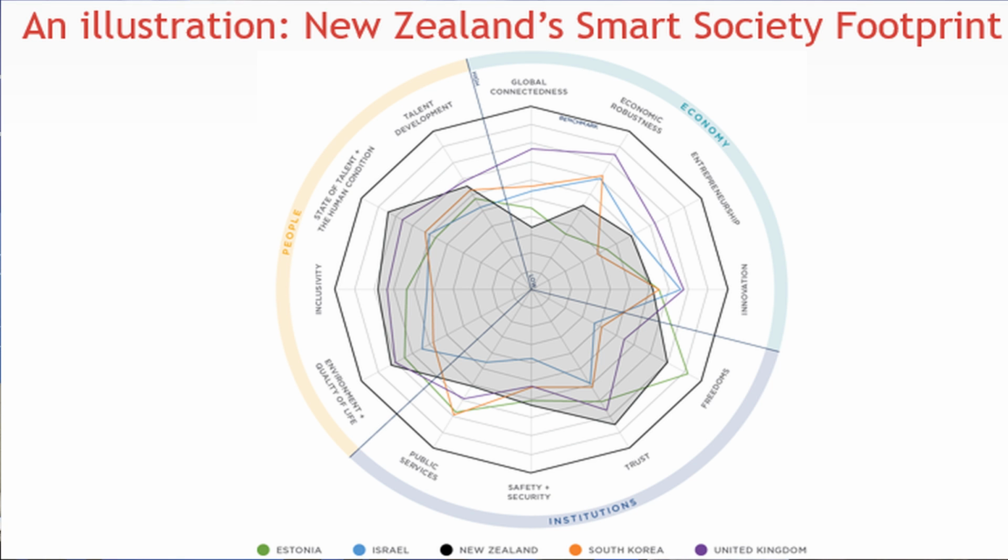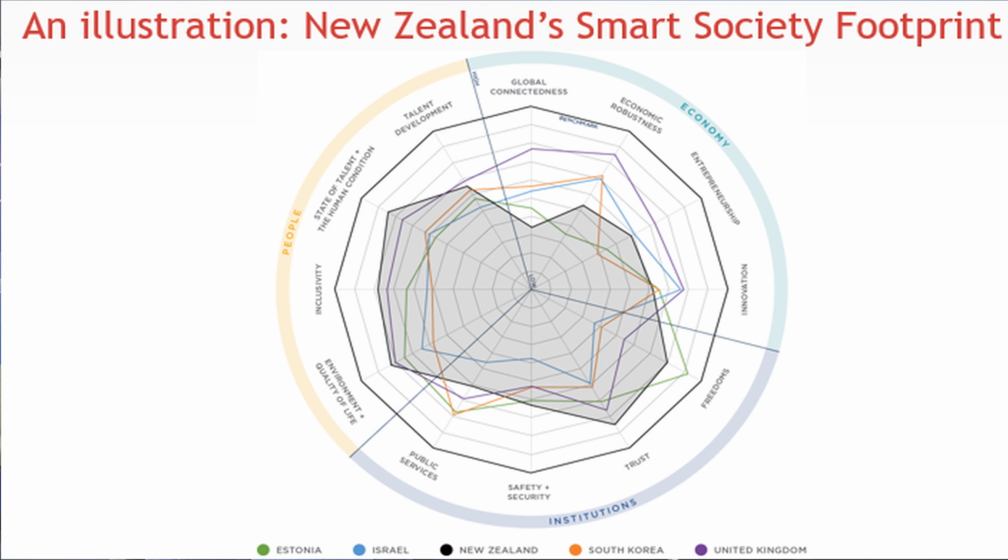So this is Estonia. And it turns out Estonia has captured the imagination of governments around the world because nobody had even heard of Estonia. And it turns out they're a digital rock star. And this is how Estonia compares against that mythical country. So the size of that cobweb represents how much you have advanced in creating a digital society, a smart society. And the gap between where you are and this outer edge is the gap that you need to close, and the dimensions along which you need to close it.